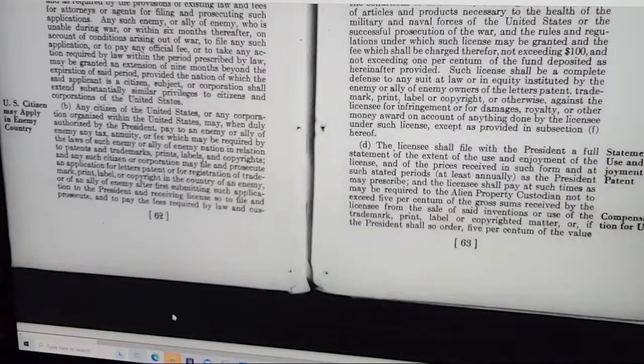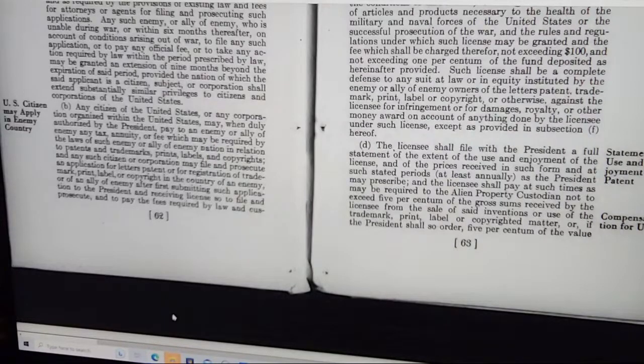The licensee shall file with the President a full statement of the extent of the use and enjoyment of the license, and of the price received, in such form and at such stated periods, at least annually, as the President may prescribe, and the licensee shall pay at such time as may be required to the alien property custodian not to exceed 5% of the gross sum received by the